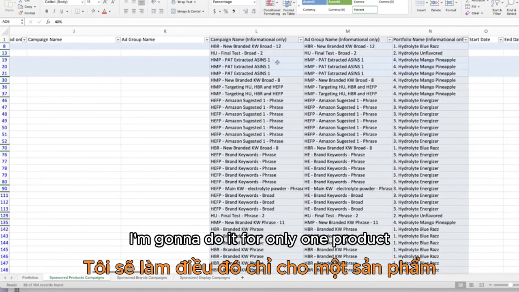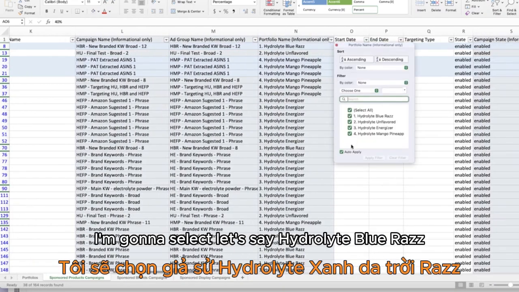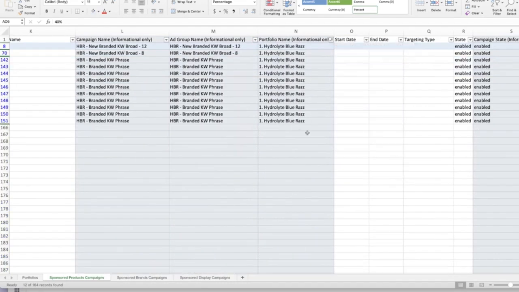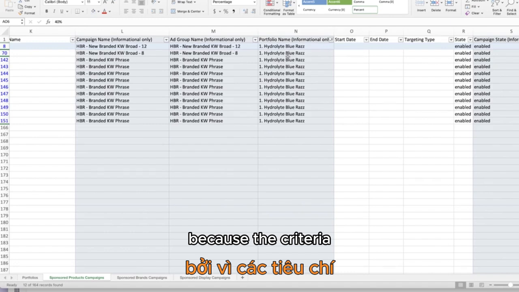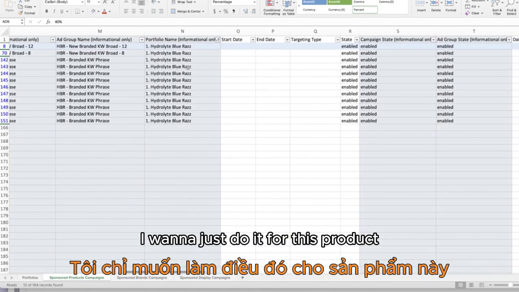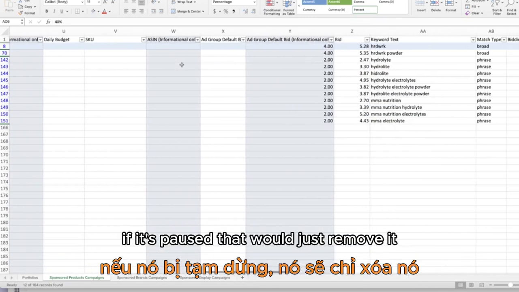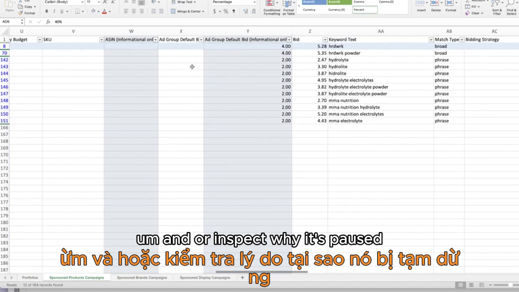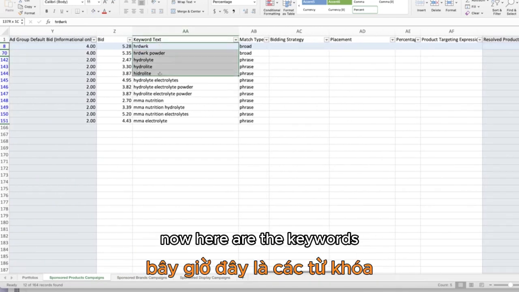Next, I'm going to do it for only one product. So instead of going here, I'm going to select, let's say, Hydrolite Blue Raz. And now I'm only doing this for one product because the criteria for this product are different than the other products, and I don't want to capture all of the products, right? I want to just do it for this product. Everything is enabled, that's fine, right? If it's paused, I would just remove it, or inspect why it's paused. Maybe it shouldn't be paused. Now here are the keywords,